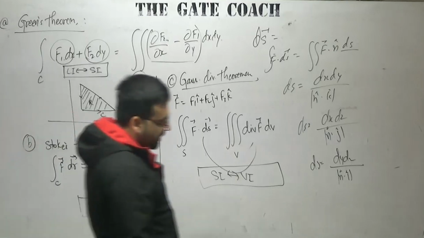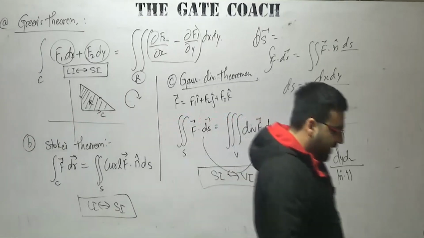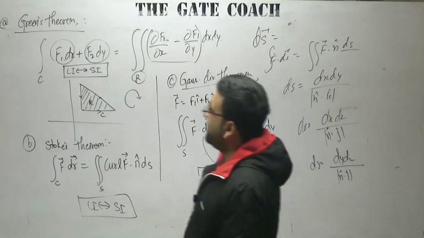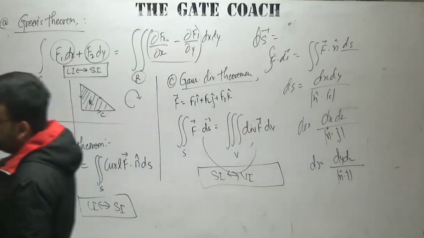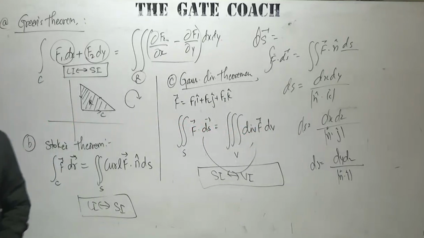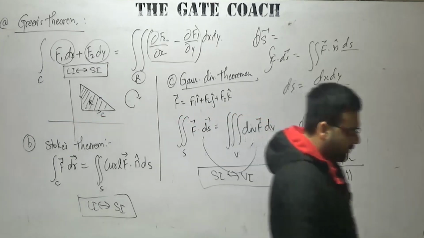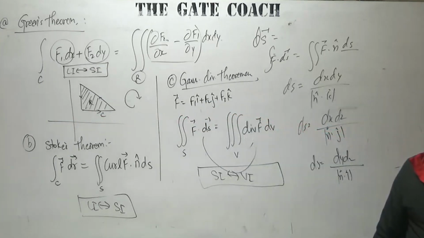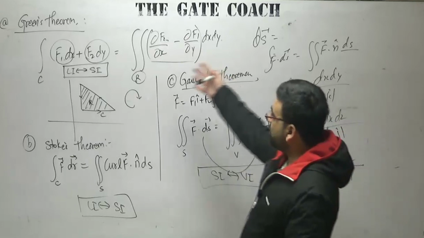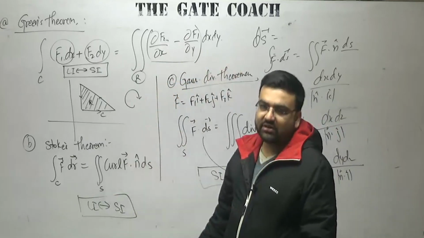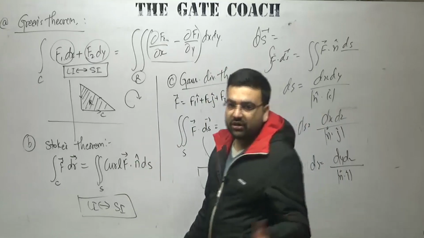Starting from the basic calculus, the Lagrange mean value theorem, Rolle's mean value theorem, after that we moved to the various expressions, the Taylor series, the Maclaurin series, the limit, continuity and differentiability, total differentiation, partial differentiation, maxima, minima, all these concepts. Then we moved to vector calculus, and now we have finished vector calculus also. I am not going to solve numericals on Green's theorem, the Stokes theorem and the Gauss divergence theorem again, that I have already solved in the classes.